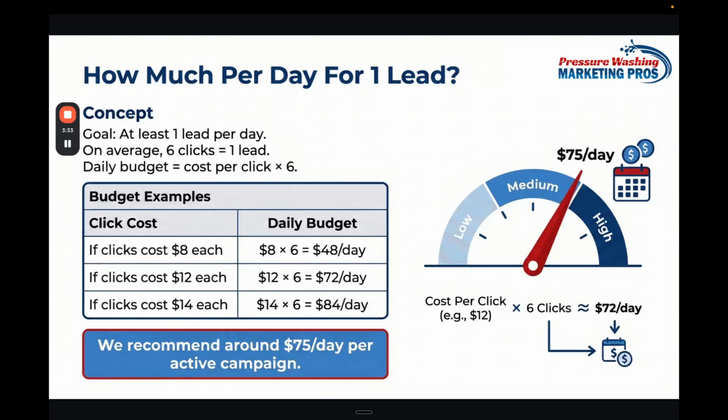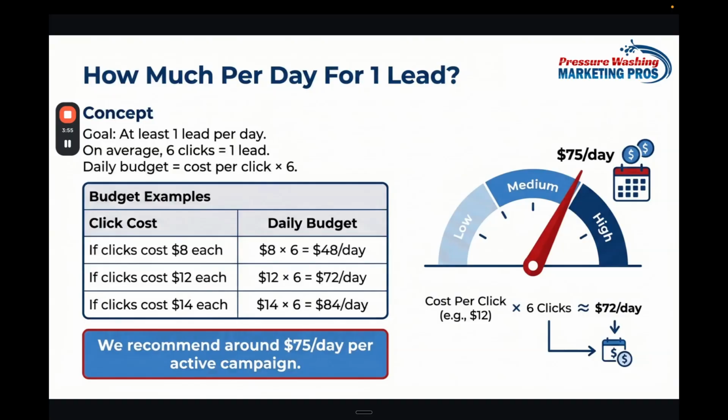That is how we determine how much our clients need to spend per day, because we'll look at a market and say $10 makes us competitive because our ads will show in the top 2 spots if we are spending at least $10 per click. And then we'll just multiply that times 6 to see how much we need to budget per day to